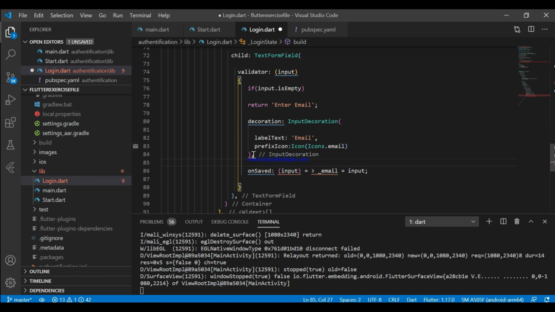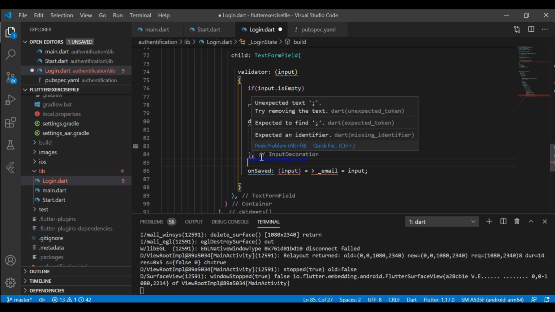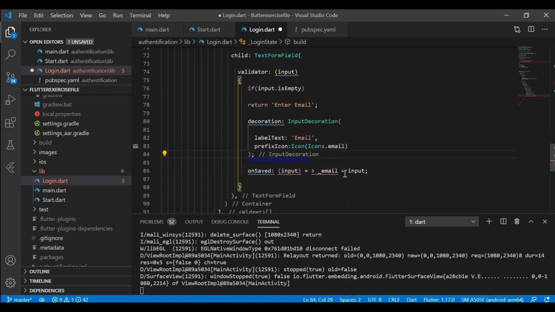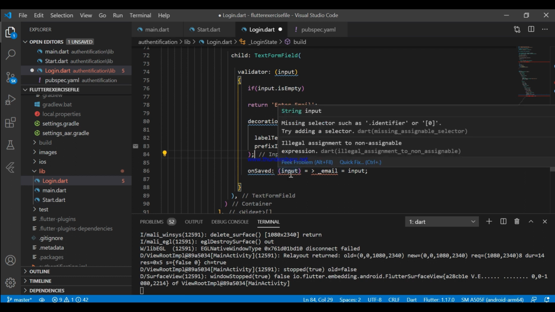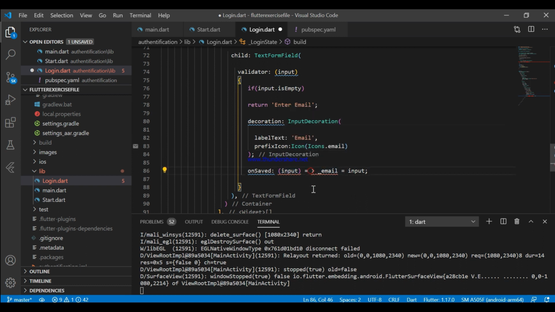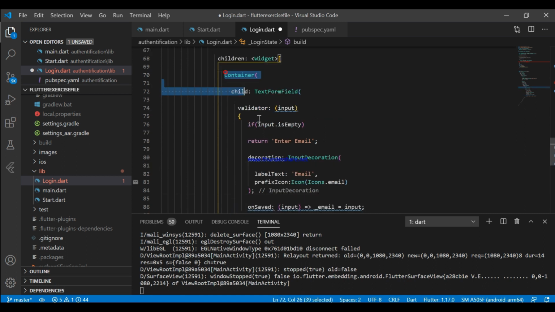Now it looks good. Nope. Just wait. Oh yeah. Now it's all good. Now just copy this validator.